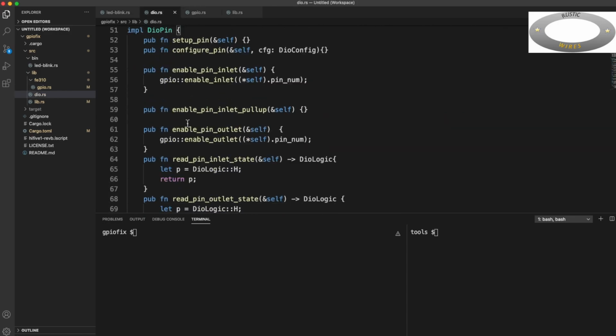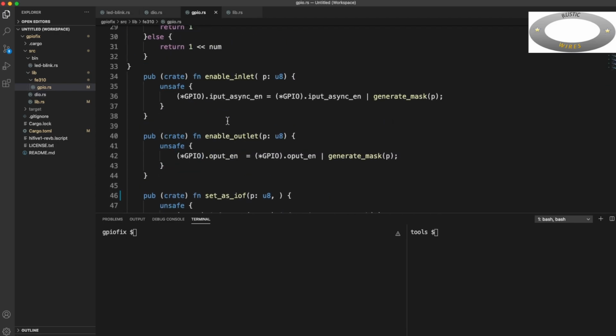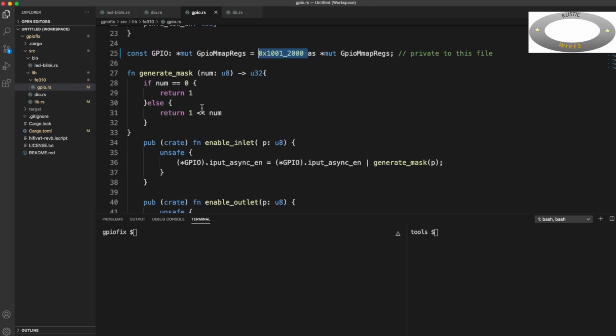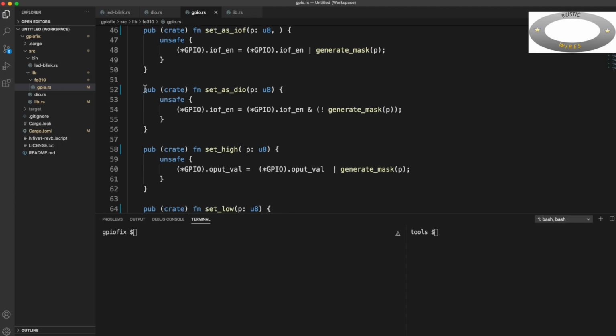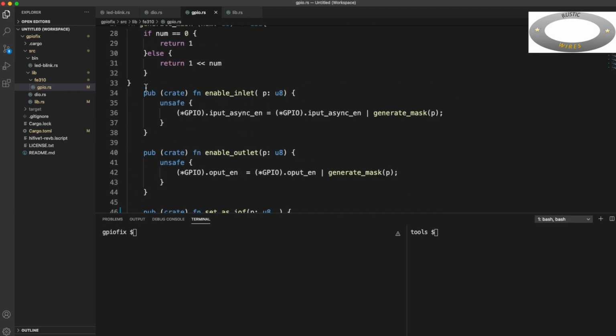And then from the GPIO library, any function, for example enable pin input, that means every GPIO pin can be read on the input side or also can be written on the output side. So this is like enable the input read. Okay. So this would pass the pin number to the layer below, the GPIO, and then those associated functions. If you see here, these are all associated functions because this does not take any self parameter, and these are all part of this one file or this one module. Okay,